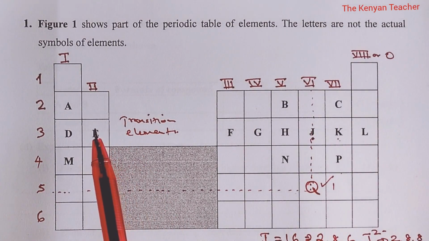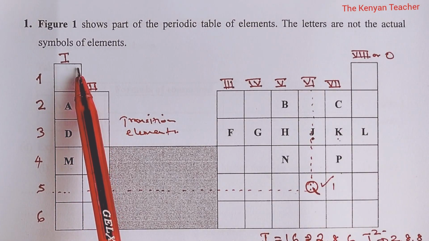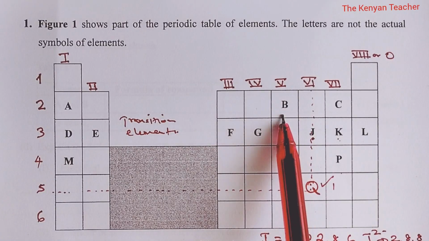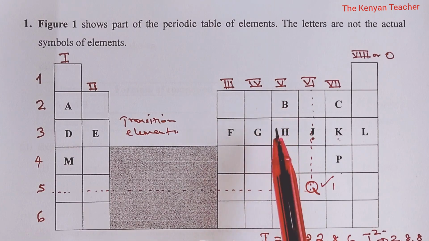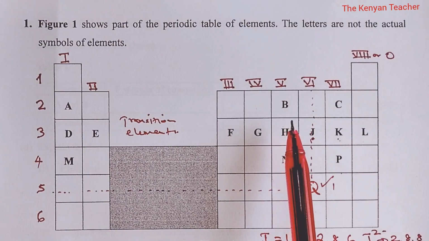Element A is here, group 1. So it has a valency of 1. Element B is in group 5, so it will have a valency of 3. For those who may find it difficult to obtain valencies from the groups where the elements belong, you